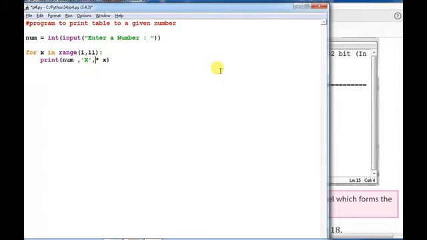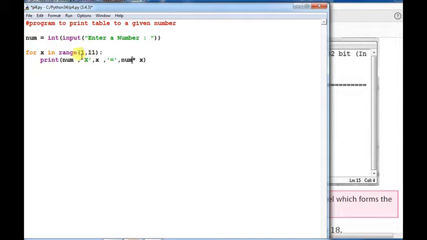Then num, then comma and x, then comma and the equal symbol, then num multiplied by x. The value of num is the value that you will enter at runtime, so it will take that value.